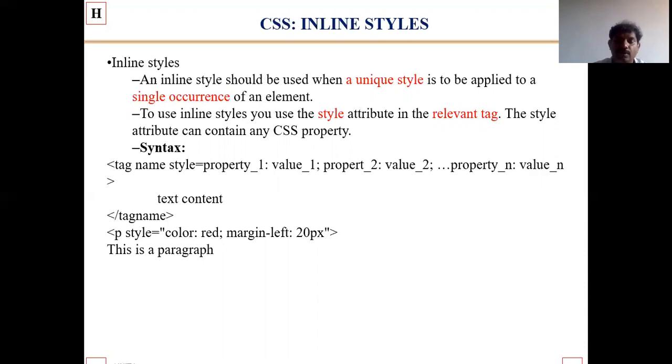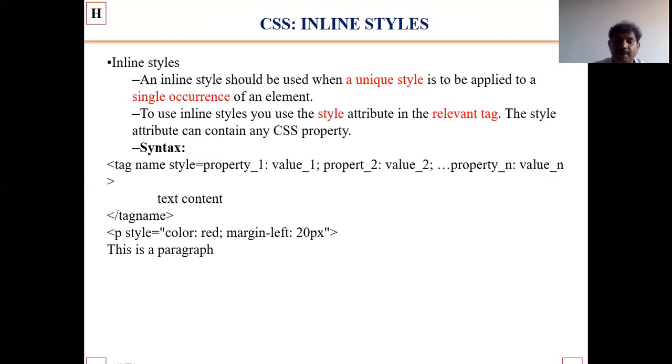See, we have to look beautiful among all the people, so we use inline style. To use inline style, we use the style attribute in the relevant tag. The style attribute can contain any CSS property.